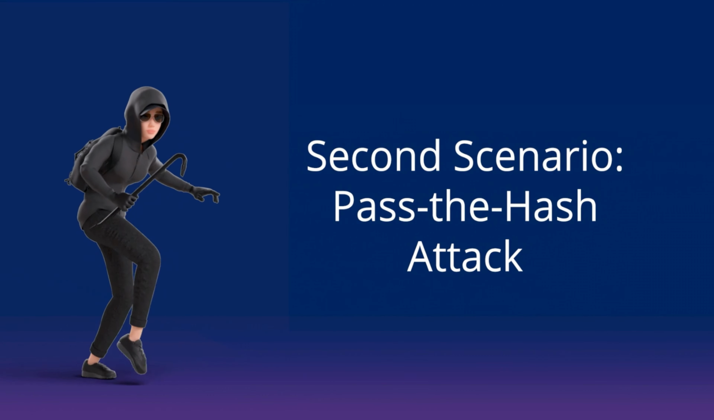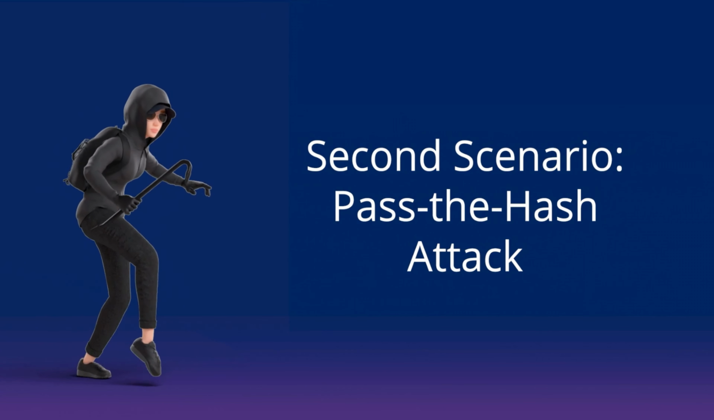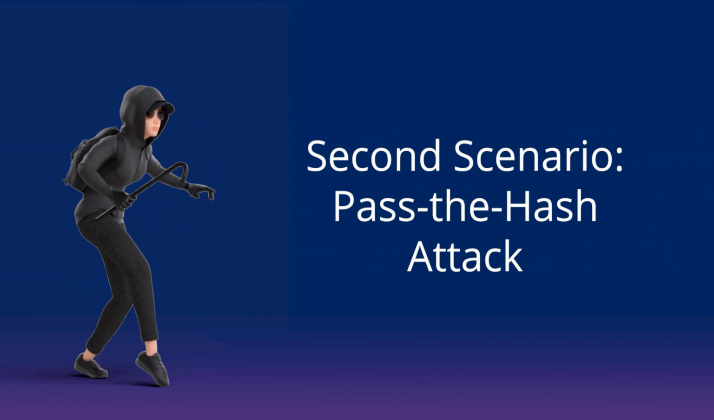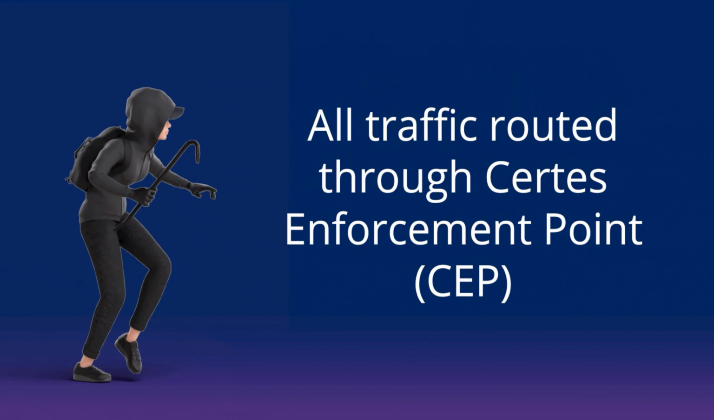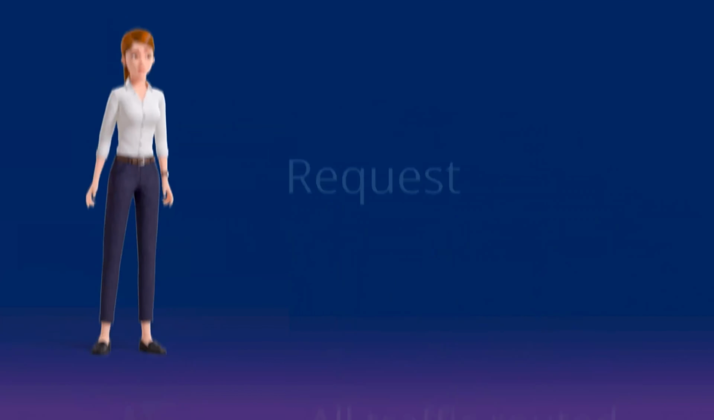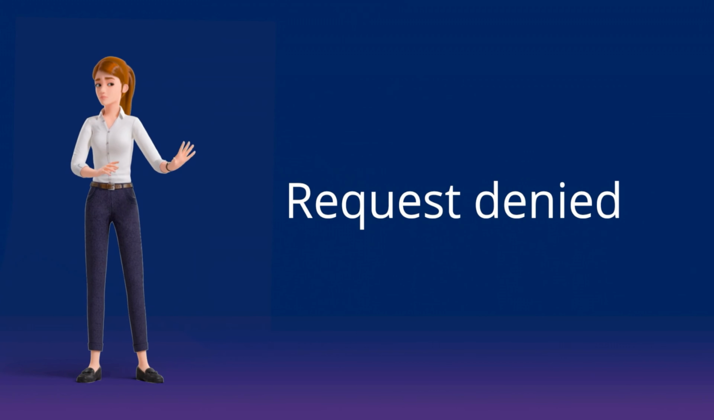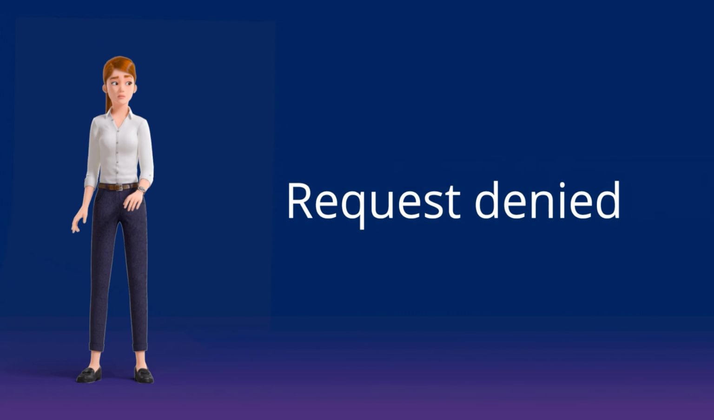In the second scenario, a bad actor attempts a pass-the-hash attack by using stolen user credentials to access the network. All traffic from the domain controller is routed through the Certes Enforcement Point, or CEP, which not only validates the credentials, but also verifies the source and context of the request. Since this authentication attempt originates from an untrusted location, the CEP identifies it as suspicious and automatically denies access, effectively